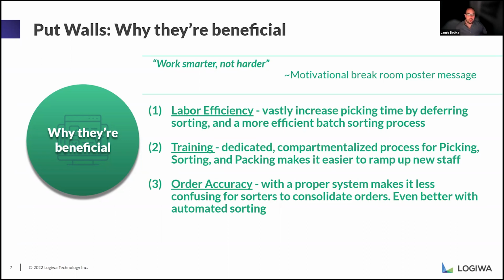Ease of training is another major benefit with the put to wall strategy. Because each of the stages of the process is compartmentalized and separated, training and onboarding can really be simplified. New employees can be trained more linearly, which makes it a little easier to get up to speed and develop